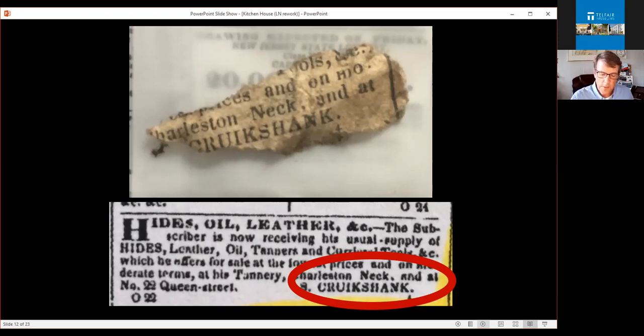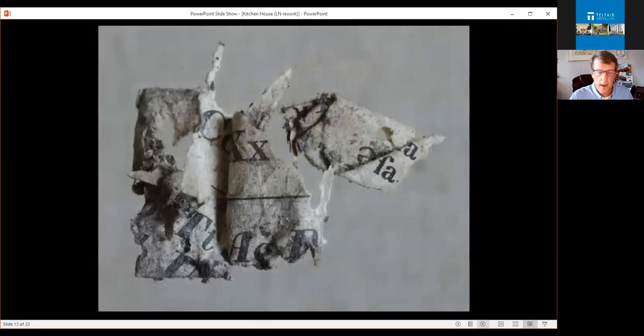The newspaper, again, helps us determine the nest was from an 1830s context, which was actually crucial and became a key ingredient in our next find, which was this tiny fragment of paper with letters printed in neat rows, which upon further examination, we came to realize was a small scrap from a 19th century reading primer. These two fragments were found very close together, I believe from the same rat's nest, which means they were collected in a fairly short period of time, separate from one another. So what's so important about a reading primer